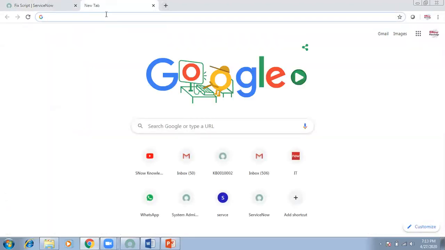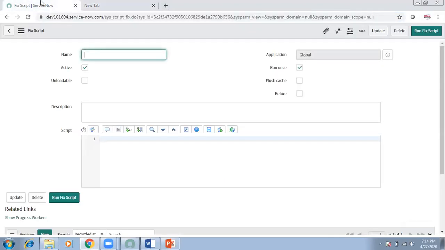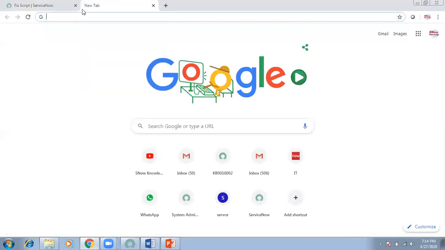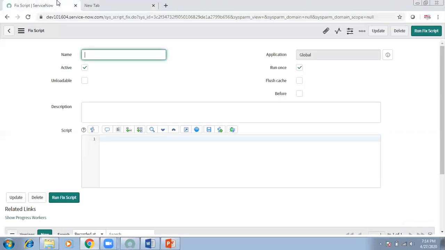You can do it from a background script as well, right? So a fix script should already be the better option. See if there is an already-written process, because a scheduled job you can also run on demand. If you are not putting anything, you can run them on demand. If they have previously put the solution there, then they can use that.